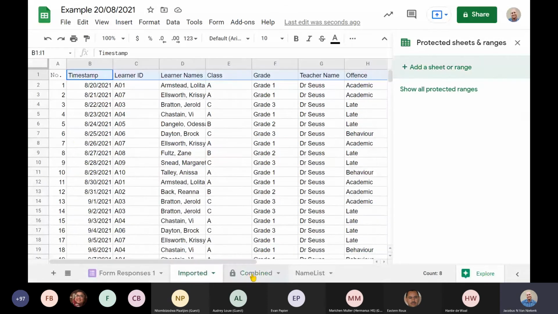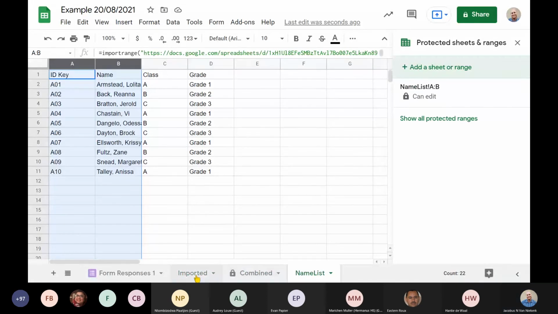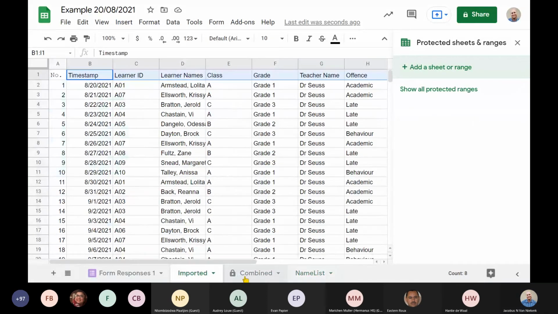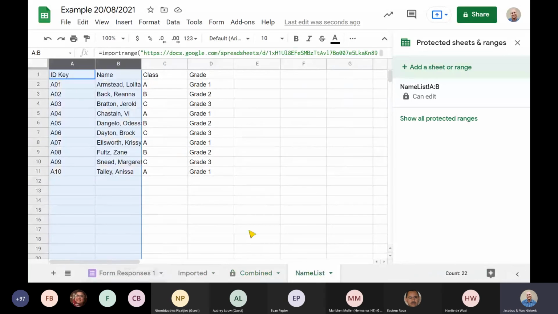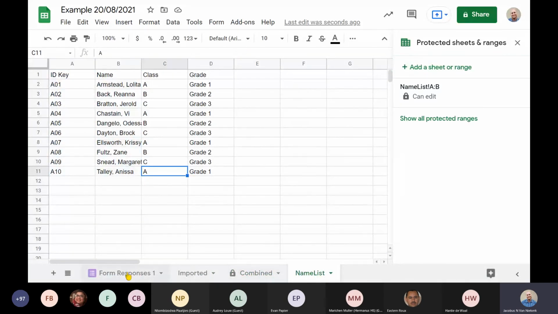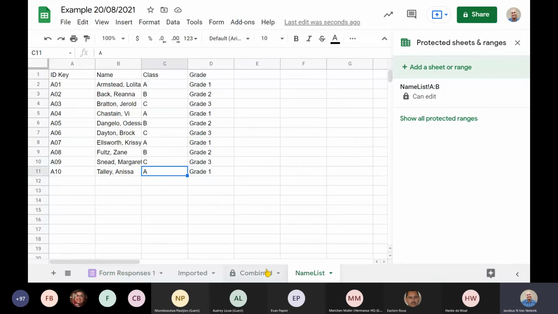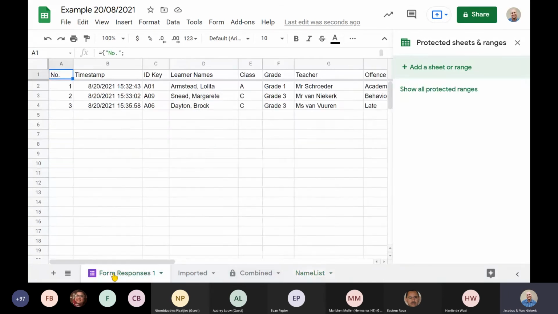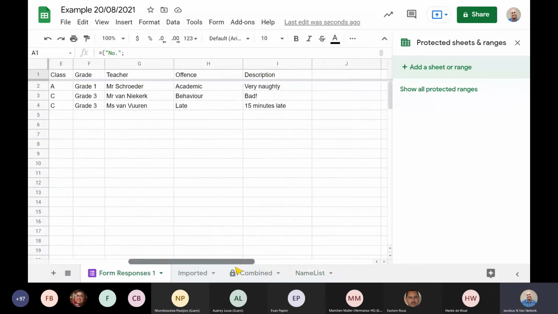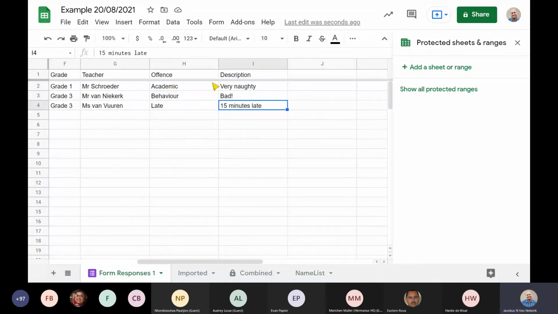Now, what happens if you've got, right, so let's see if I can, okay, I don't want to confuse you too much, but let's say we are over here and we only want them to be able to edit the description. That's what's going to happen. We're going to lock everything. We're just going to keep the description open.